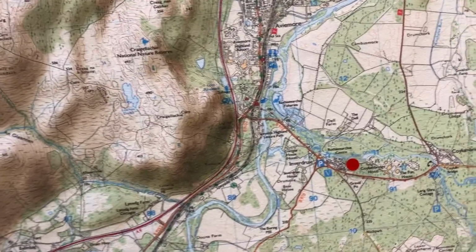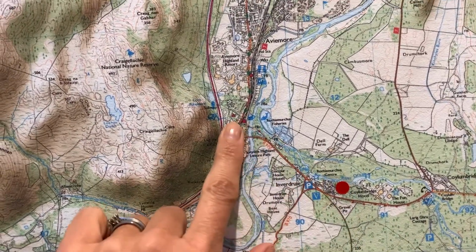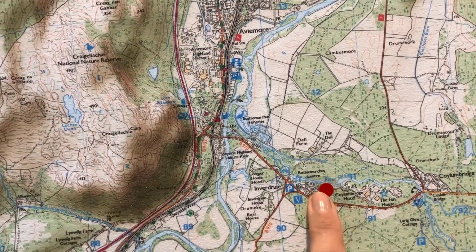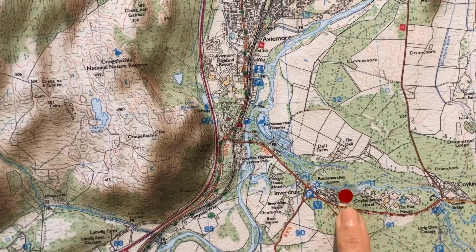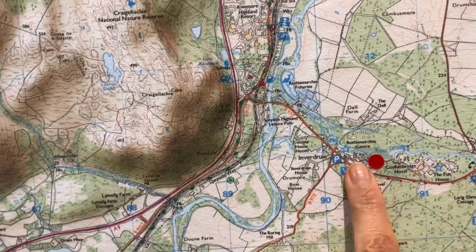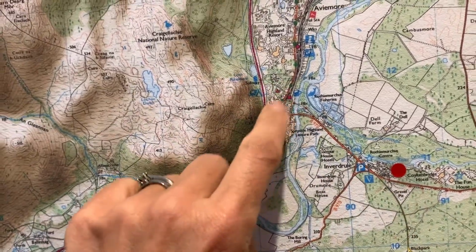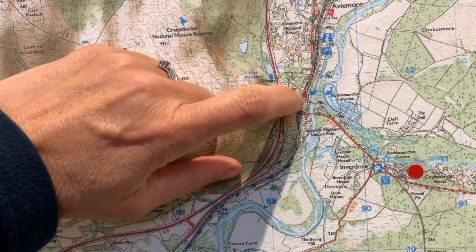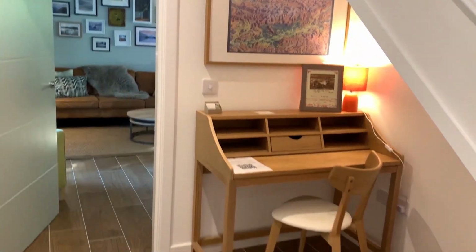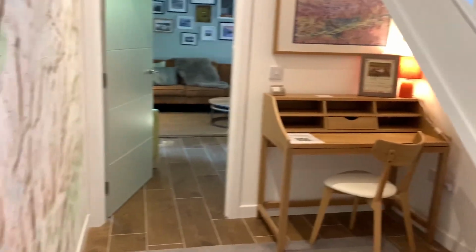And you can also see here how we are an easy walk into Aviemore itself while still being quite distant, while still sort of not being in the hurly-burly of it. And there's a very good Italian restaurant just there, and the Old Bridge Inn is just there. So easy walking distance. If you have to do some work, this desk is a good spot. We do have Wi-Fi,